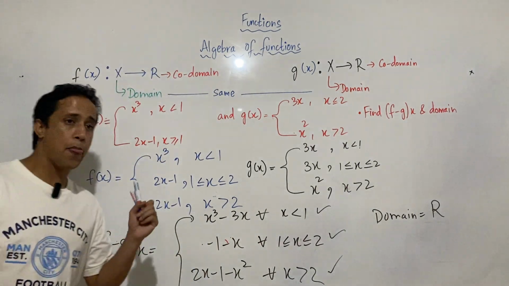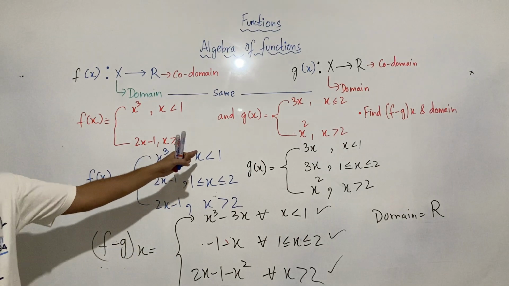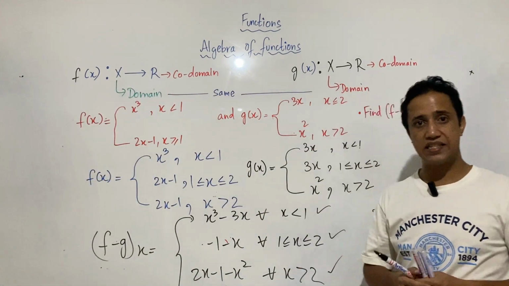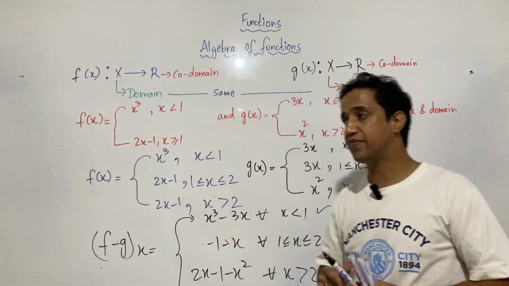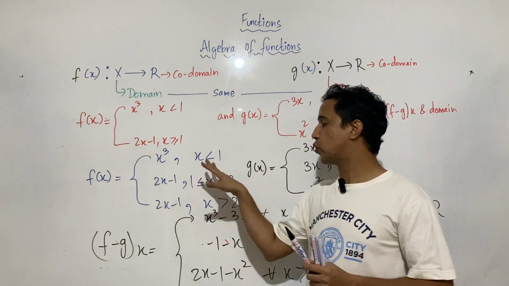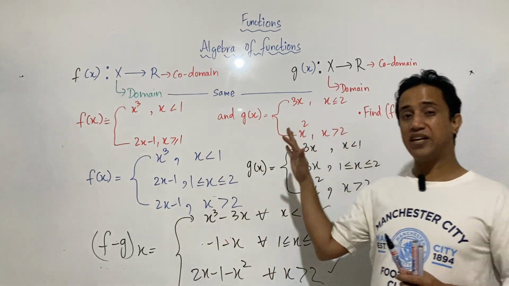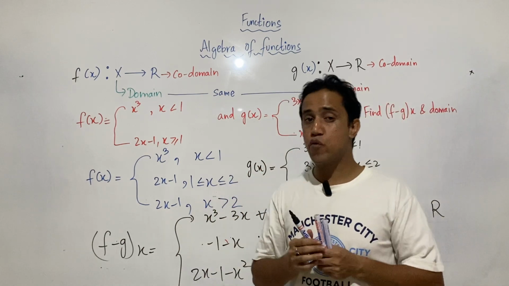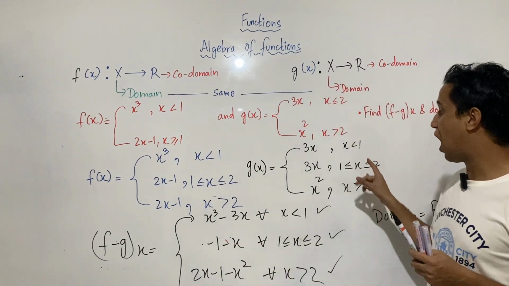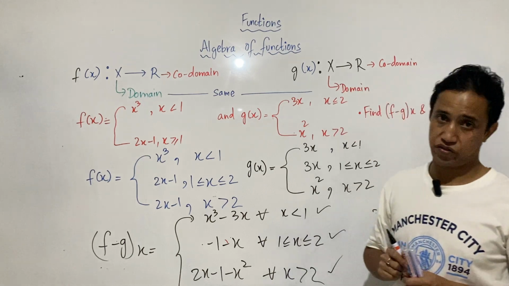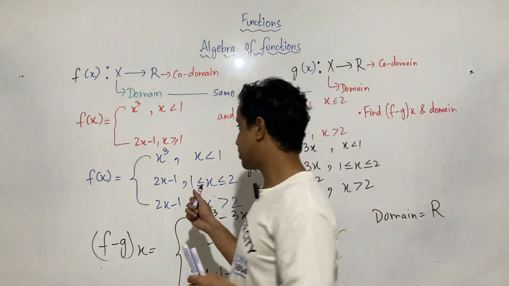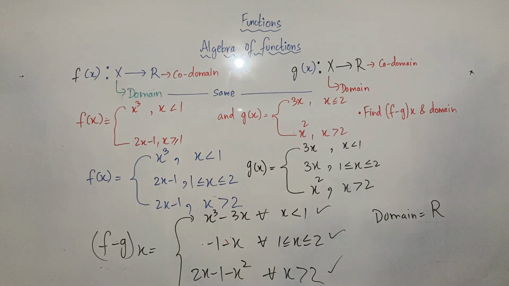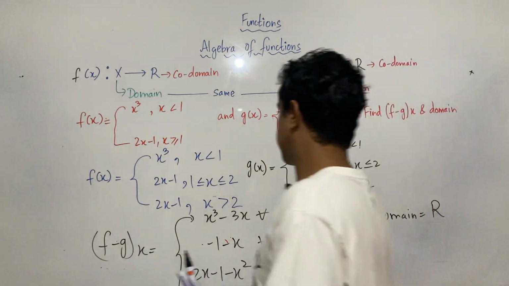Okay, so the critical thing here is to divide the function piecewise, then work and figure out how you can correlate the pieces of the two functions and how you can sort out their domains. Understand? So this is how you have to approach. Okay, we'll take one more question and then we'll wind up this. Our next question is